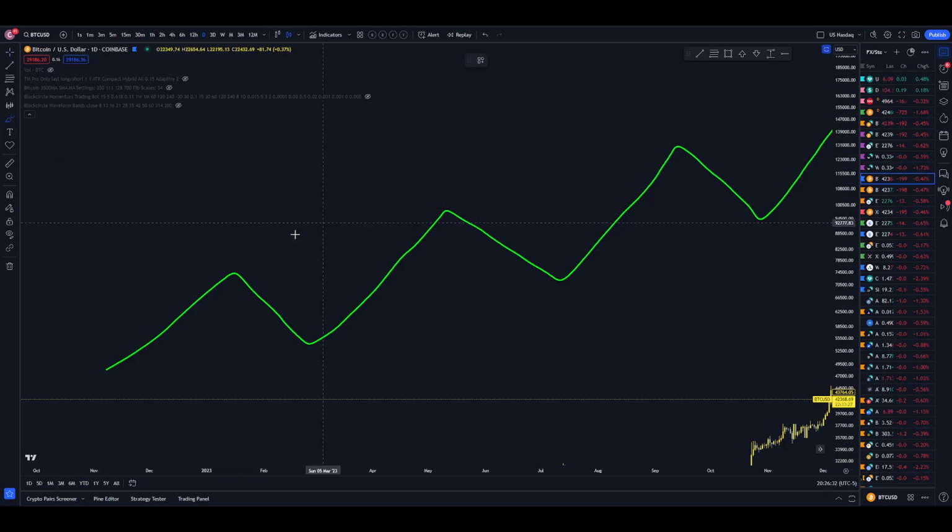My favorite way is if a level is tested, like this level, price comes down, it bounces off this level, and then it proceeds to make a new high relative to the previous one,